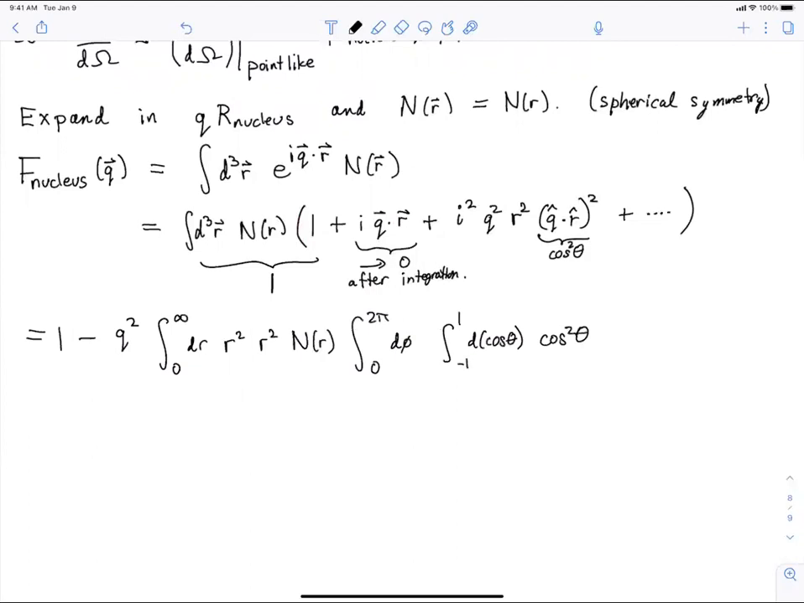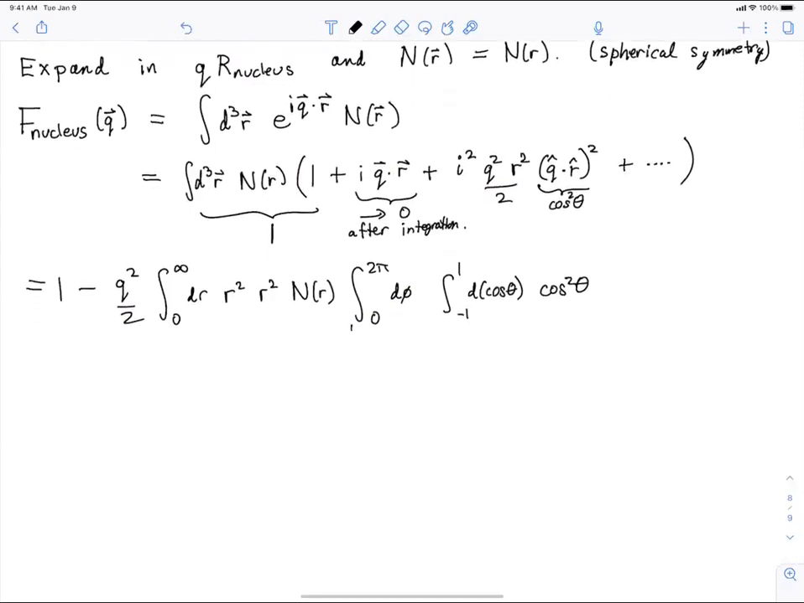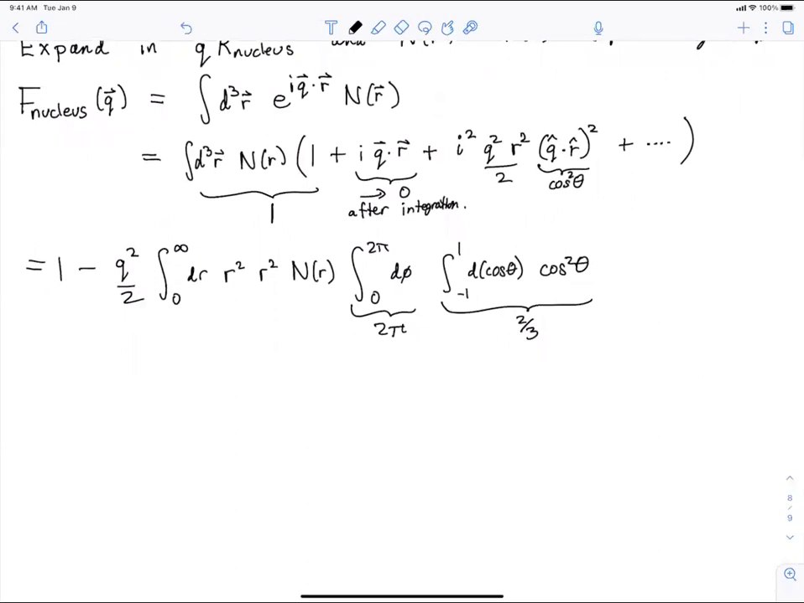Okay, and oh, I forgot one thing, which was when I expanded out the e to the I q dot r, there should have been a 2 factorial. So there should have been a 1/2 here. So I'll include that. Okay, I think I've got everything straight here. So this factor is 2 pi. This factor is 4/3. No, sorry, 2/3. Okay, and so if I put everything together, this is 1 minus q squared